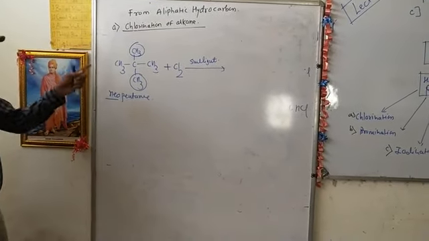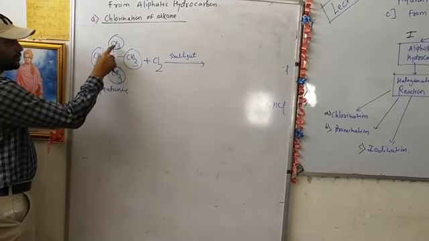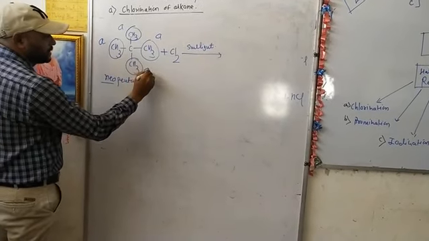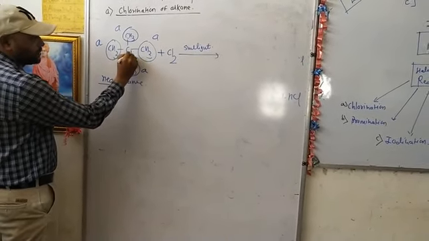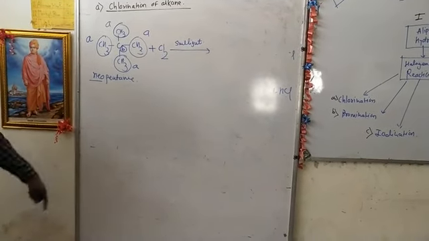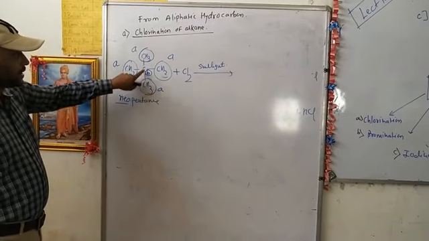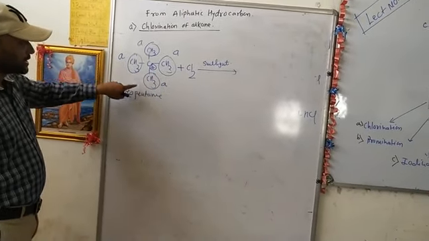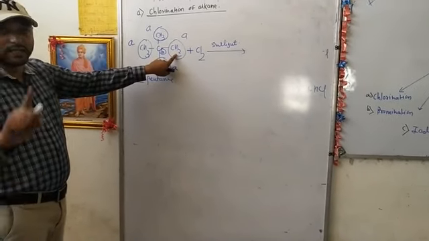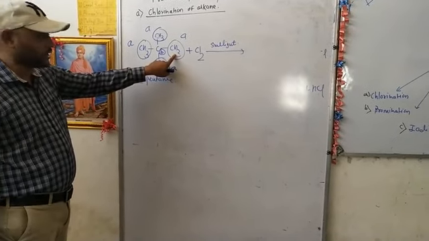Look at here, how many types of carbon? These all 4 CH3 are one kind. We call it A. And this carbon is a different one, we call it B. So the B carbon doesn't have hydrogen for substitution, but all the A kind of carbons have hydrogen for the substitution. So we can carry out the substitution only one time, that is monochlorination.